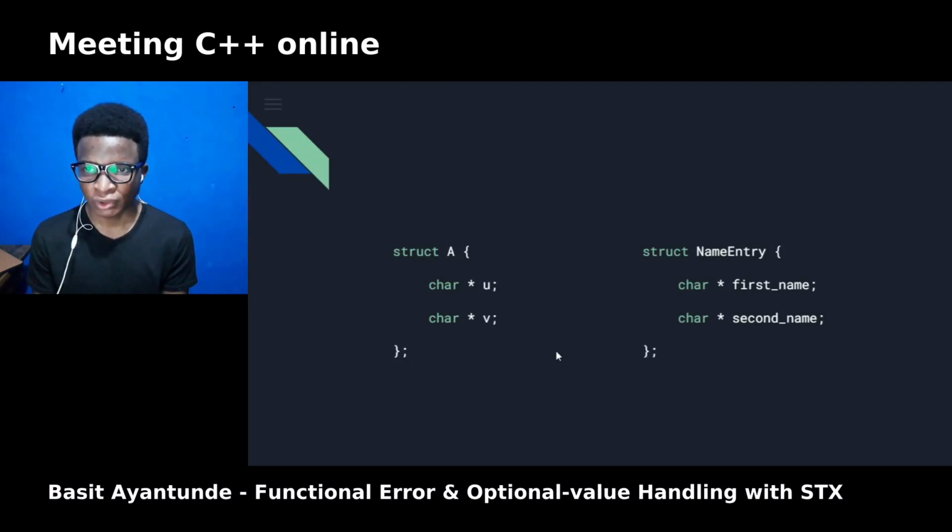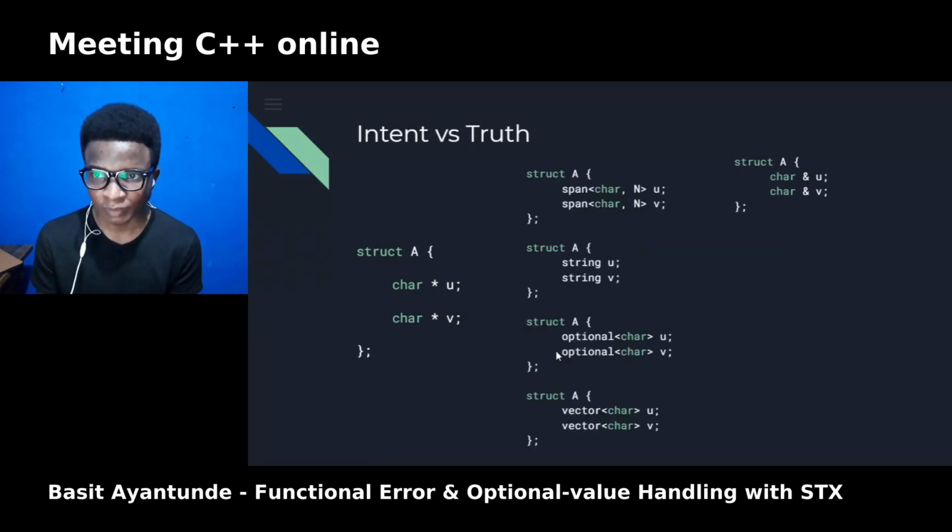I'm sure by now you must be thinking this is a null-terminated string pointer, but that's just what the naming tells you. We naturally rely on naming to give us some context about the code, but naming expresses our intent, not the truth about the code. Also, naming is hard, but we only try our best.